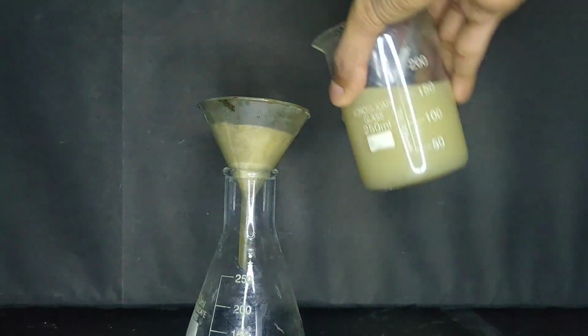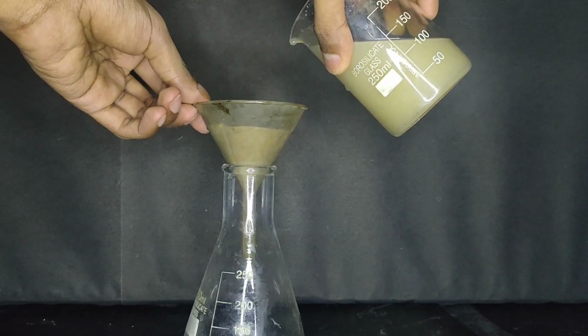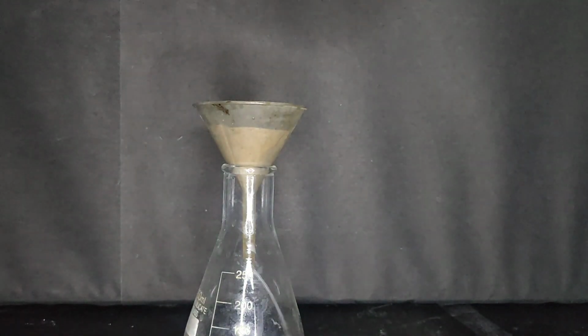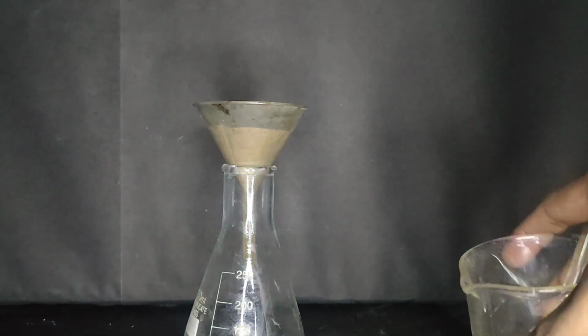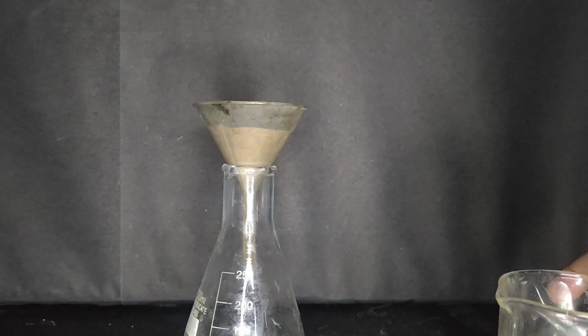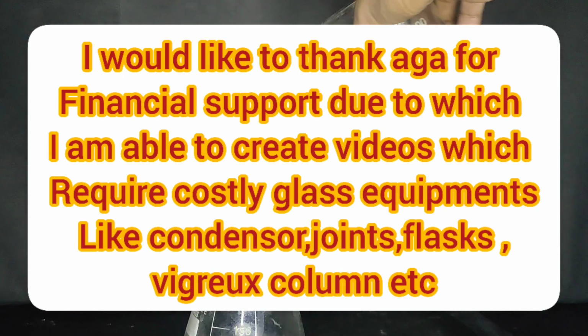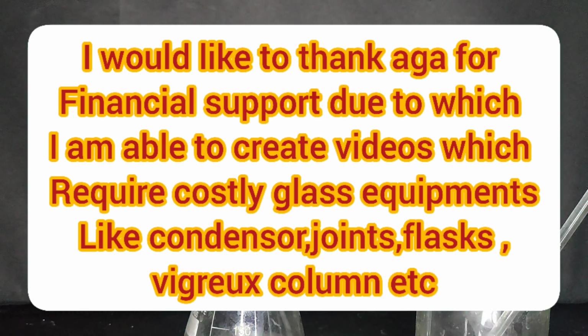Also, while heating the contents, I could not monitor the temperature of the reaction because it was sodium hydroxide. If I dipped my thermometer inside it, it would dissolve the glass bulb of the thermometer. So I could not monitor the temperature, and maybe the temperature was too low for the reaction, or maybe it got too high so that our product got burnt or sublimed. So maybe due to those reasons we could not get any